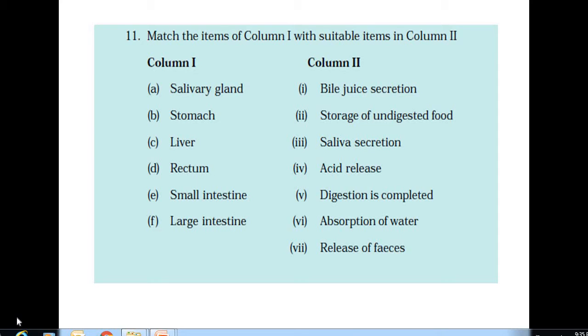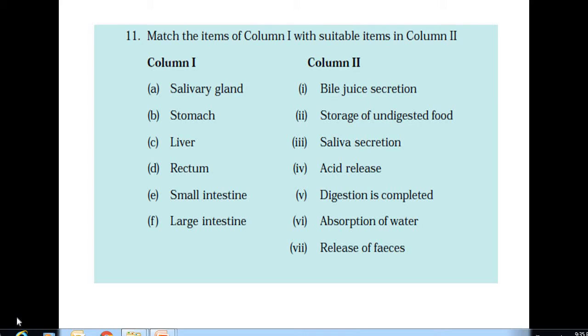Liver: bile juice secretion, liver. Rectum, storage of undigested food. Is it? No. Rectum, release of fecal matter. Release of fecal matter is from the rectum.